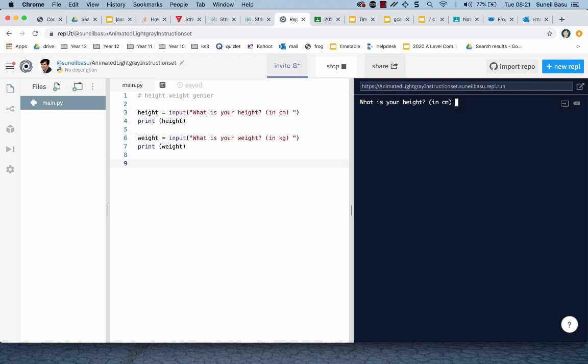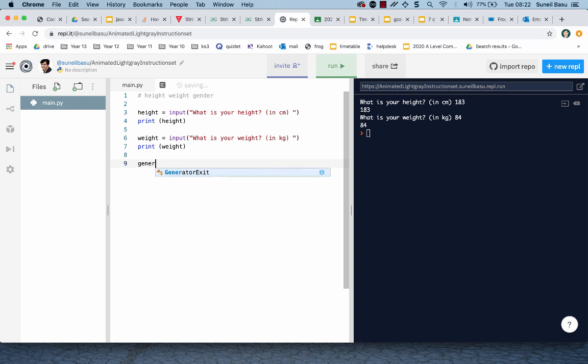183. What is your weight? Oh, I've had quite a few cakes. 84 kilos. Okay. Next one, gender equals input